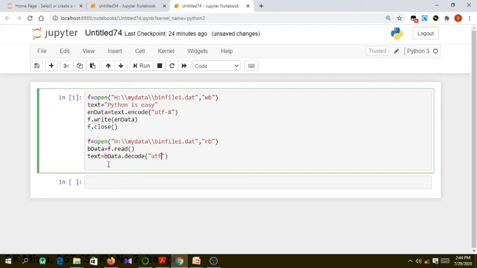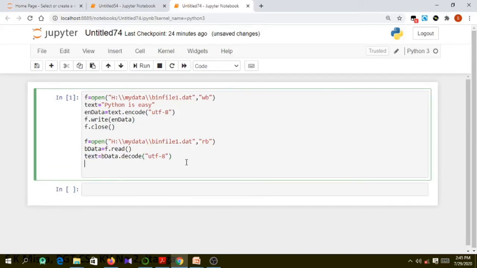We have encoded using UTF-8 format, so while decoding, we need to mention the data is present in UTF-8. It will decode the b data that we got directly from the file to produce our original text. So let us run this. This must print our original data.